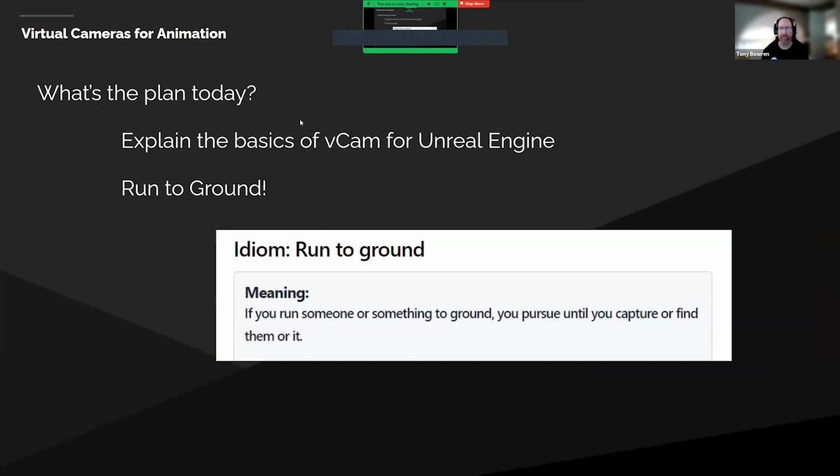So the plan today is I'm going to explain the basics of the vCam for Unreal Engine, because you guys are a wide range of experiences. Some of you have used vCam before, some of you maybe don't even know what it is, or how to use it, right? And the goal here, and this is from our boss, the solution architect Miles Perkins, he has this phrase, run to ground. You run something to ground, you try all the things, you break things, you run through all the paces. So the goal today is